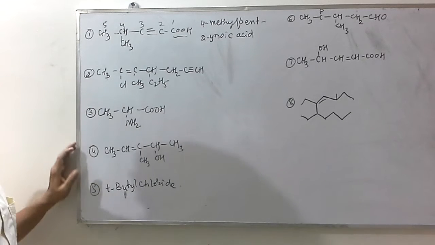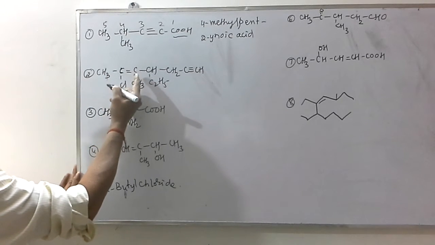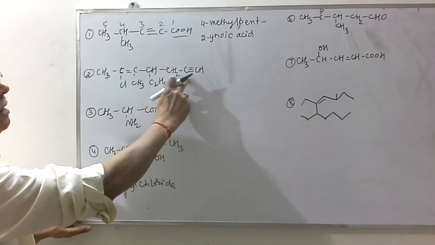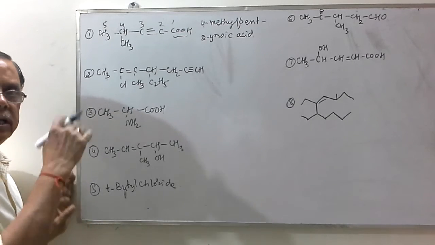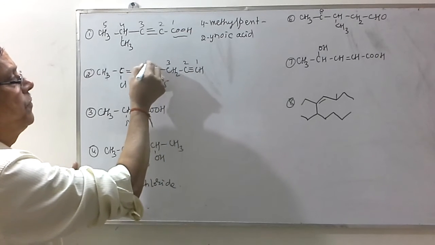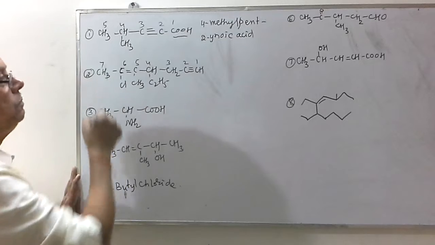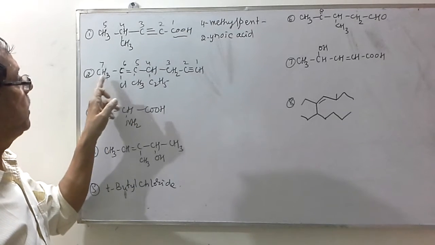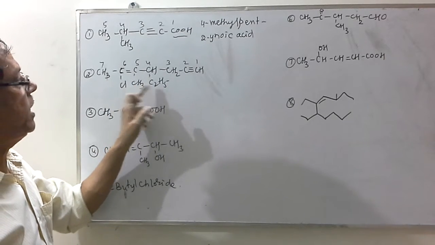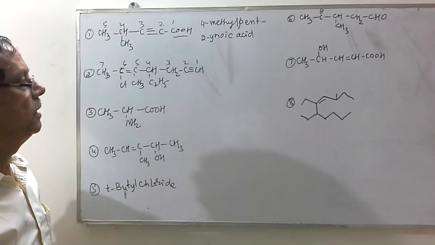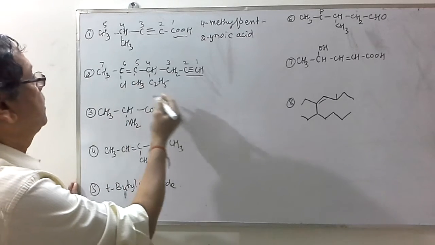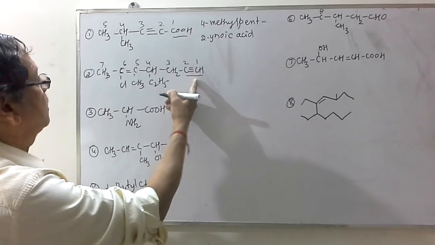The second one you consider, there is a carbon-carbon double bond between these 2 carbon atoms. There is a halogen atom and a triple bond between these last 2 carbon atoms. While giving the numbers, you should give the lower numbers to the carbons carrying the double or triple bonds. Like this. But if you consider from this one, it will give rise to 2 and 5. But the substituents ethyl and methyl and halogen also should get the lower numbers. But priority is given to this carbon-carbon triple bond. That's why it is numbered this way. Total number of carbon atoms is 7.